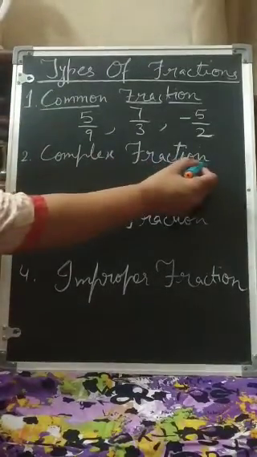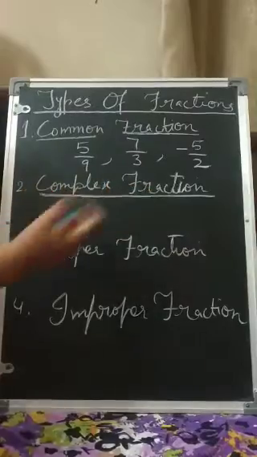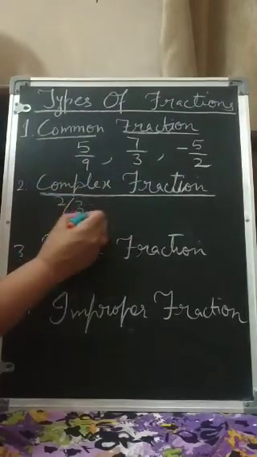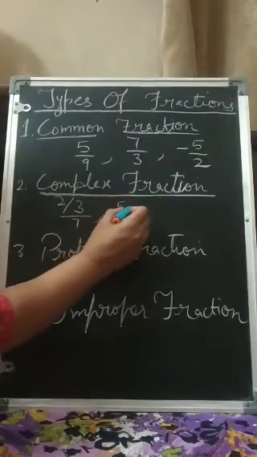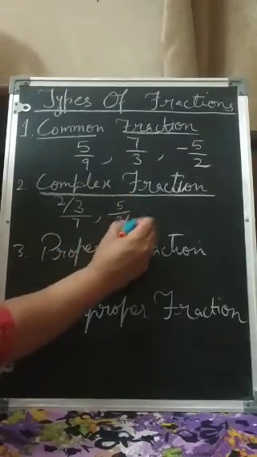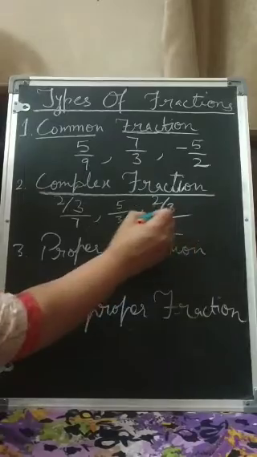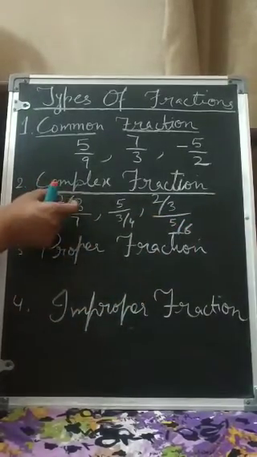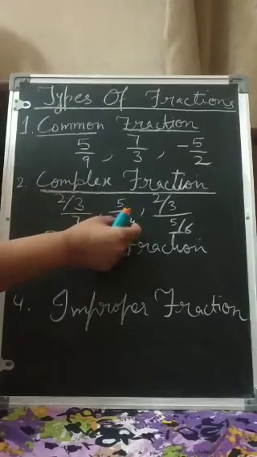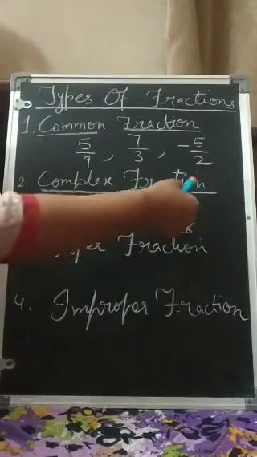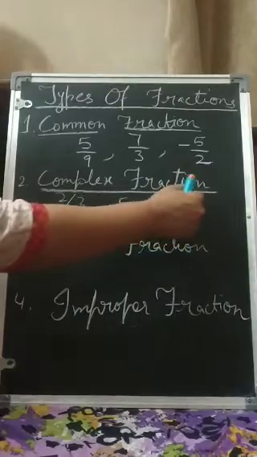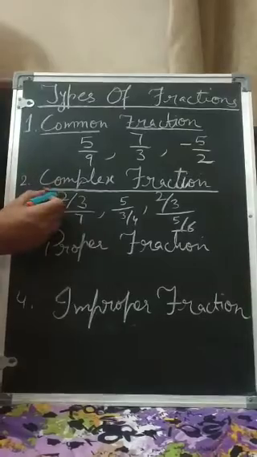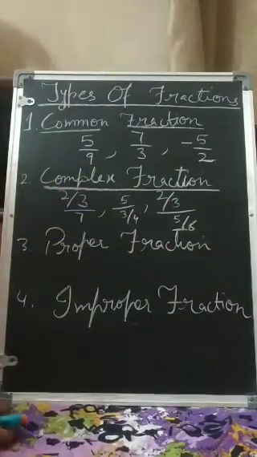Now what is complex fraction? In complex fraction, it can be in this form, like numerator can be like this or denominator can be like this, or we can say both numerator and denominator can be in this form. Means either numerator can be further some fraction or denominator can be some further fraction, or both can be some further fractions. So this is called the complex fractions, where either numerator or denominator or both can be the fractions.